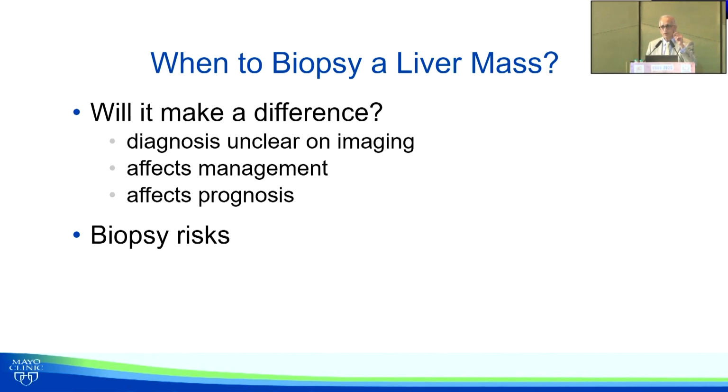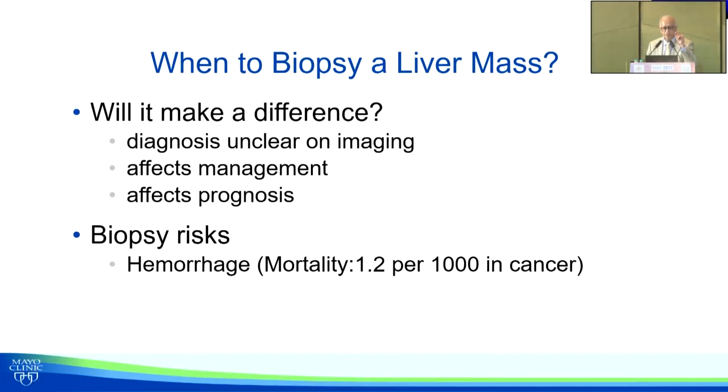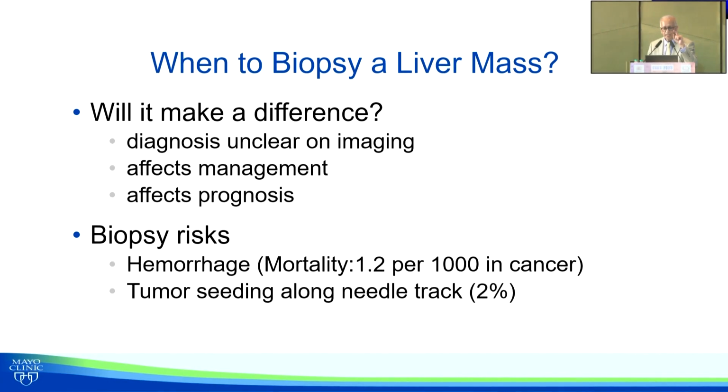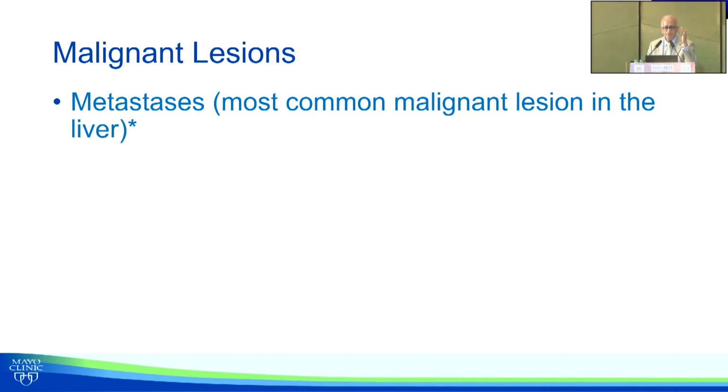There are some small risks with liver biopsies. We know hemorrhage with mortality is about 0.1% in cancer. So it's not a zero-risk procedure, the biopsy. Additionally, there is a 2% risk of needle tracking, so the tumor can get implanted. And remember the false negative. If the biopsy is not correct, you think this is not cancer when the patient might actually have cancer. So remember these things about a liver biopsy.